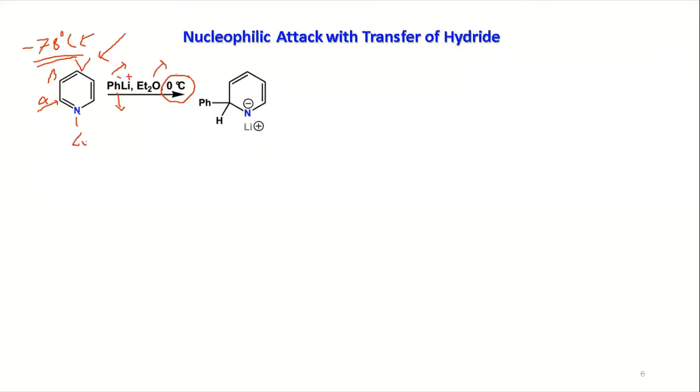So that's why we see the phenyl is attacking here, and the nitrogen is acting as the sink. So the pi bond is collapsing on nitrogen. You have the negative charge here, and you see the lithium is here, so you have a coordination. Now, what will happen after that? You have the re-aromatization. Your aromatization is lost here, so re-aromatization has to happen here